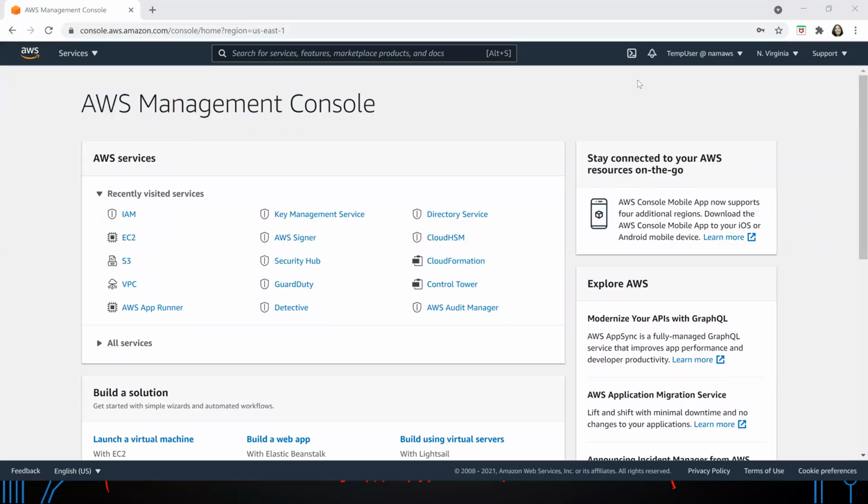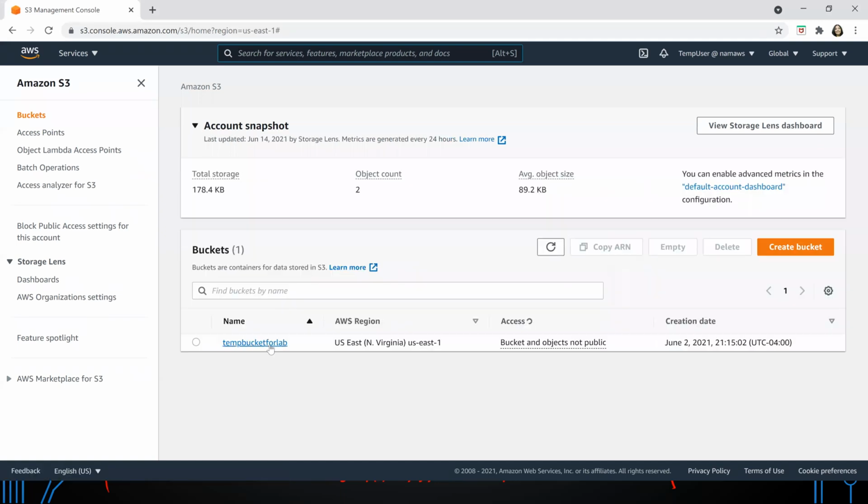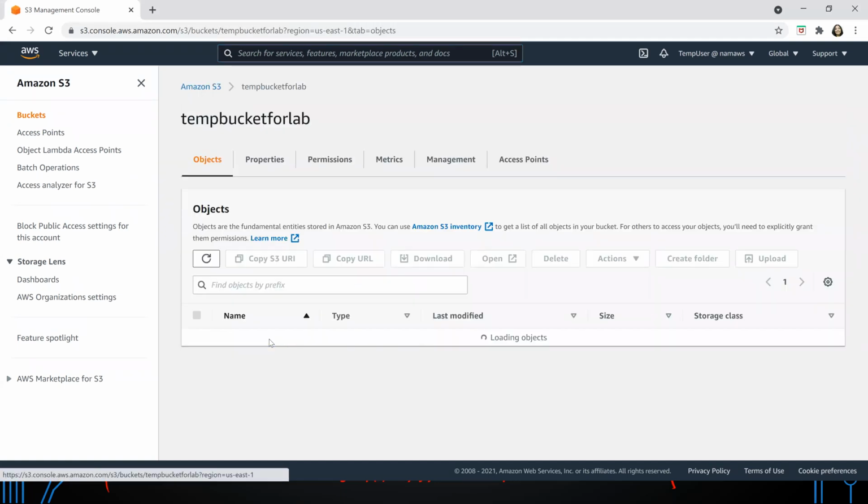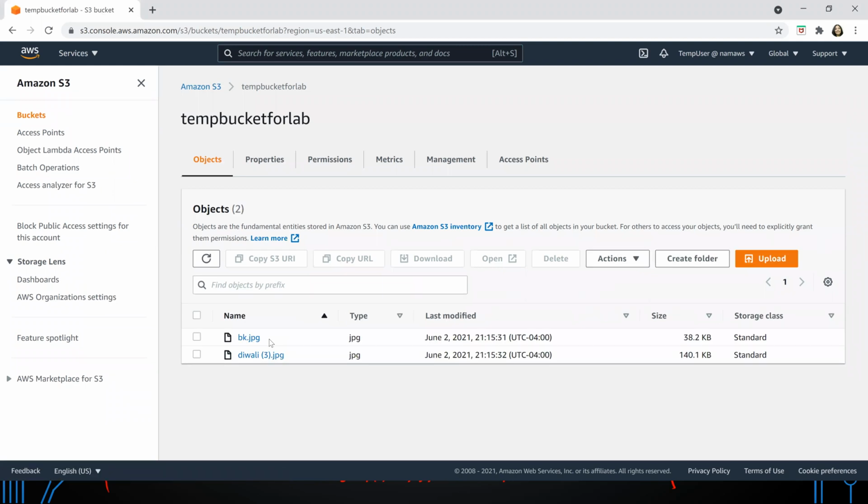So I've logged in as one of the users, temp user, as you can see right here on the top right corner, right where my mouse is. And now we will see if this user has the right set of permissions as defined in its user group. So let's go to S3. Remember, this user has read-only permissions for S3, so it should be able to go and look at the buckets, look at the contents of the buckets, but it should not be able to do anything else.